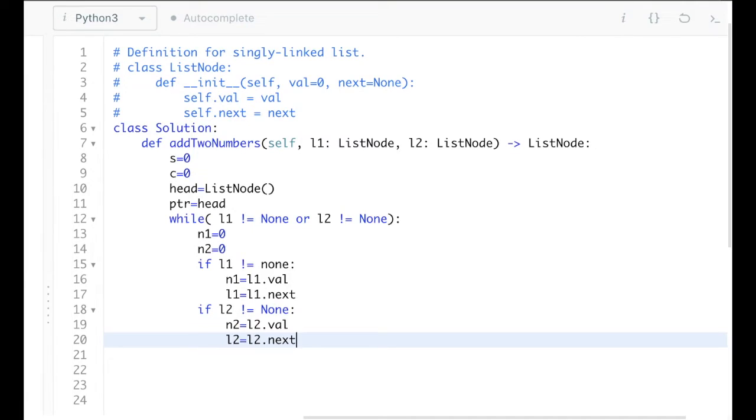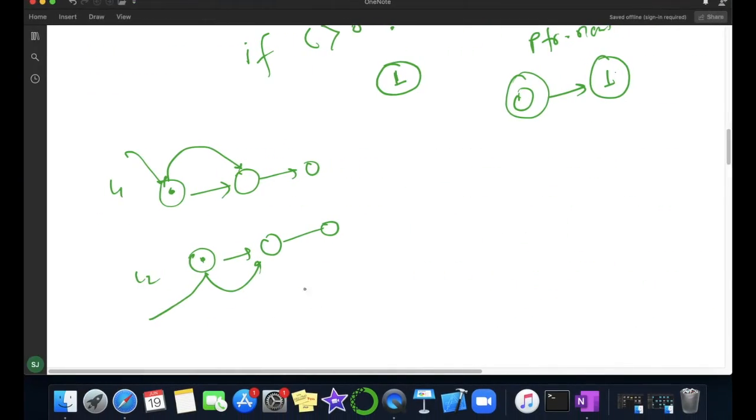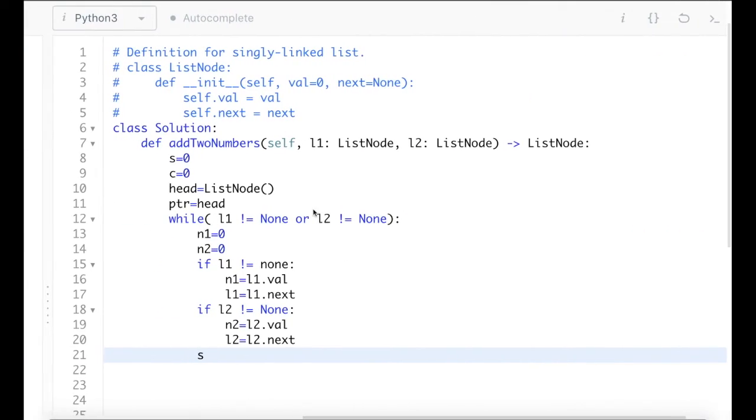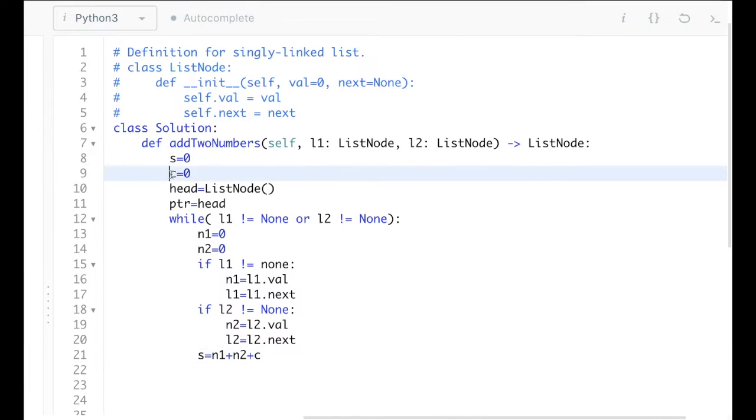Now we got the values n1 and n2. So our next task was to add these two values. You have to apply this formula: S equal to n1 plus n2 plus the carry value. Initially my carry is how much? 0.